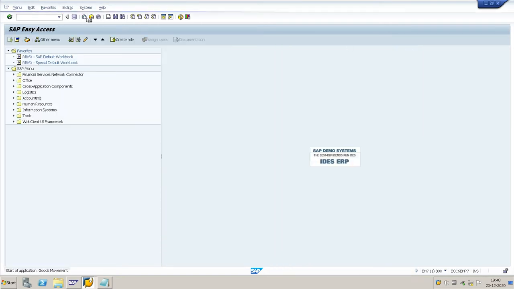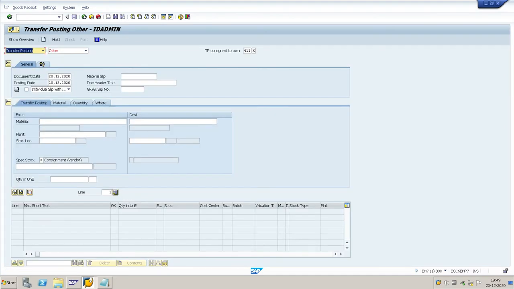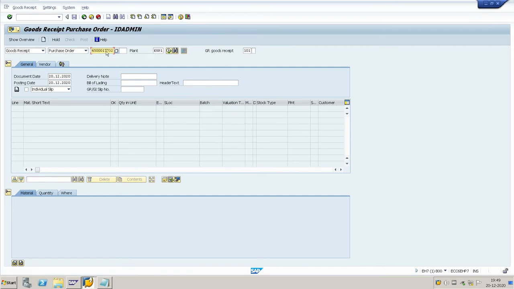Next is the goods receipt. Goods received against the purchase order.